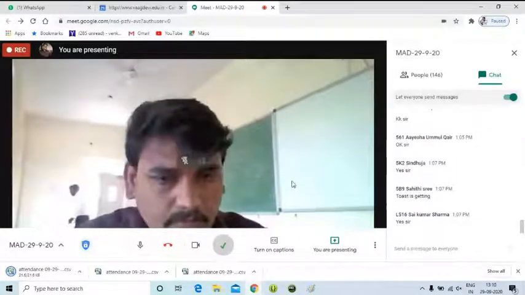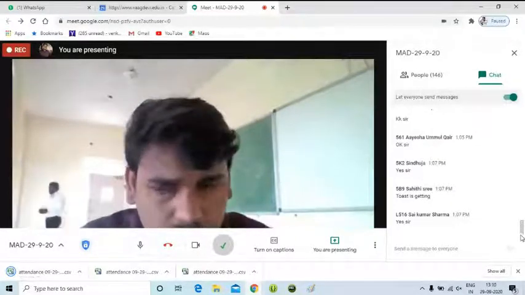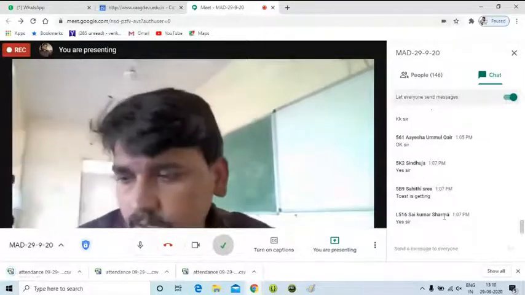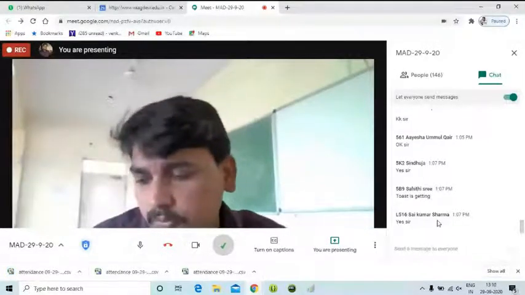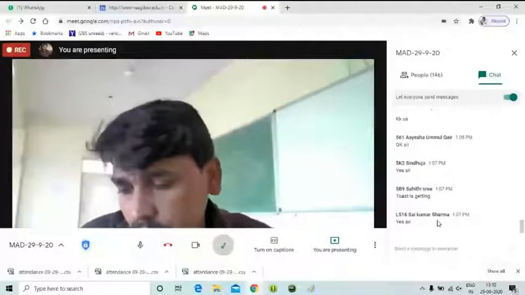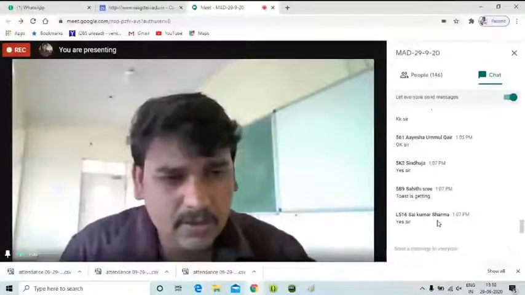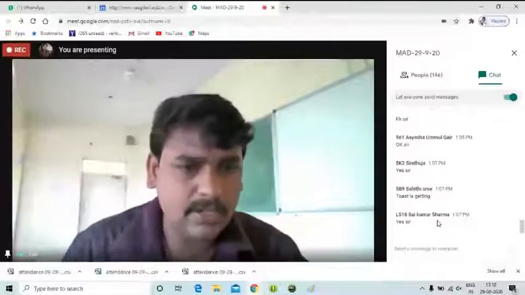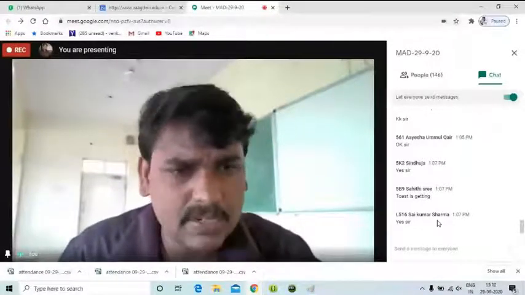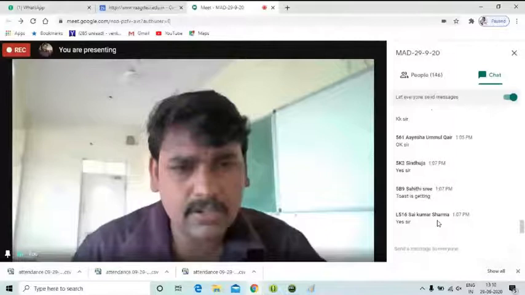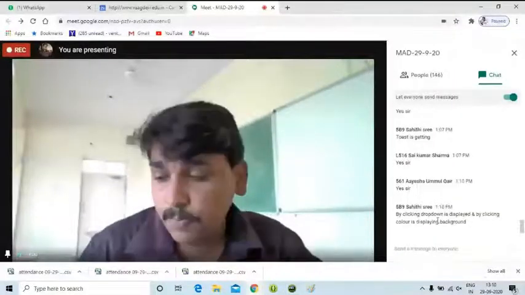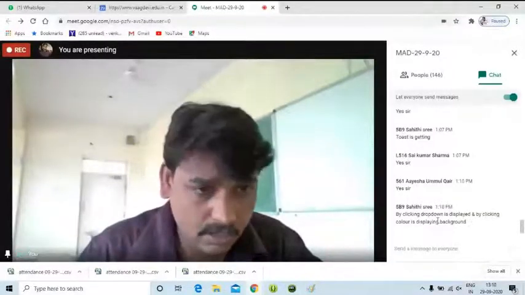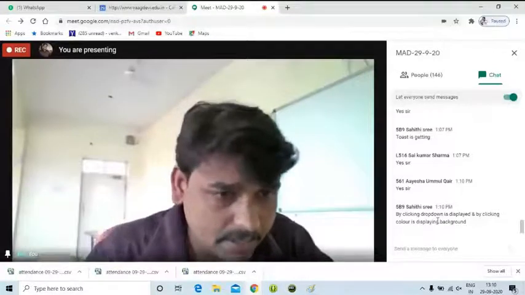Yes. Apply the color also for list view. Okay. You please observe. Don't worry about color. Color is not a problem. I just applied relative layout dot set background color. It's not a big problem. Instead of toast, I've changed the color. It is not a big problem here. But you please see the space allocated for list view and spinner. By clicking, the drop down list is displayed, and by clicking, the color is displayed.